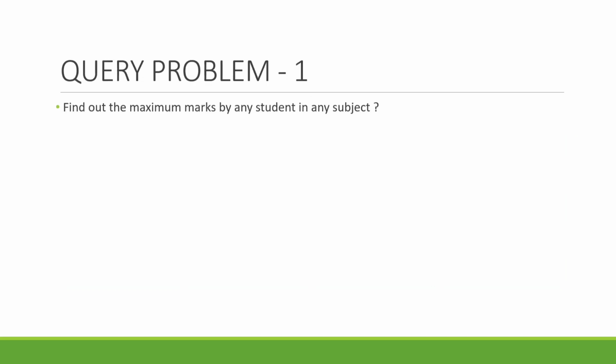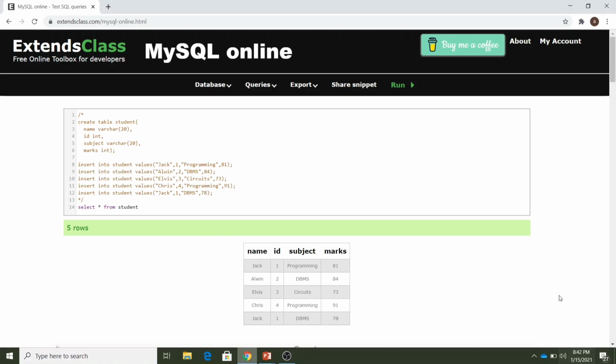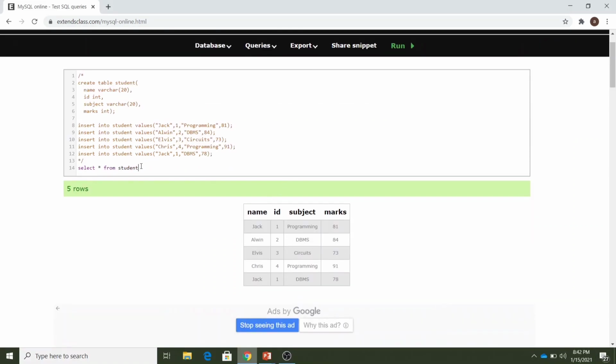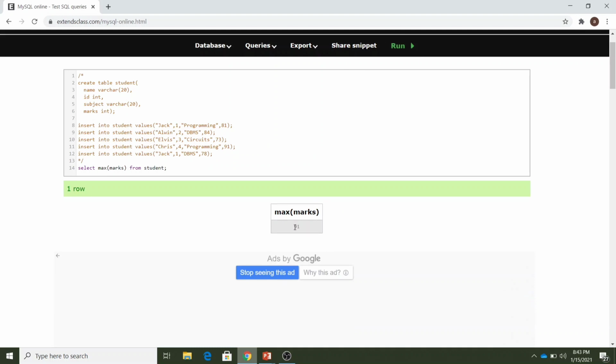How will I do that? Let's go to my online editor. I have created the same table here also, so you can see that. Now let me write the query. I first have to query on the marks field, right? And from which table, that is the student table. So this is clear. Now what exactly I want is the maximum marks, and in the previous video we talked about the aggregate functions, so we can use that concept here. If I just use the max aggregate function on the marks field, I can fetch the maximum marks from the students table. And if I run this query, you can see that I easily get the 91 value that I wanted.